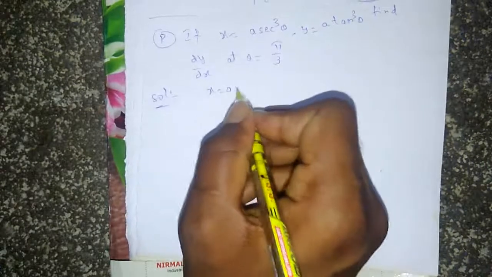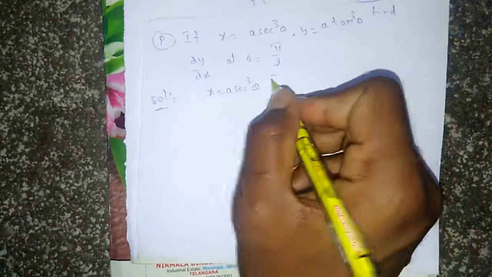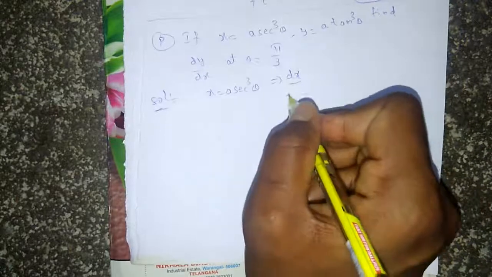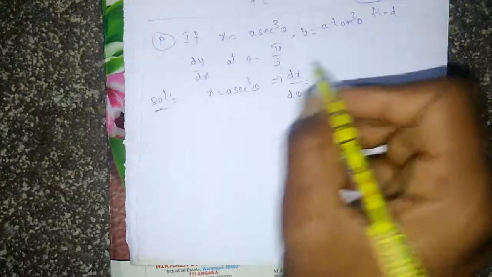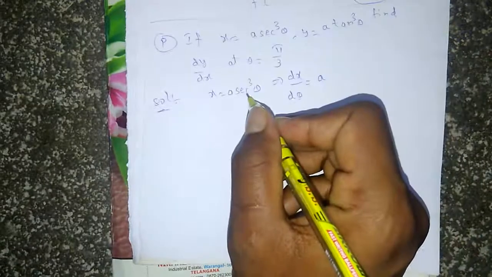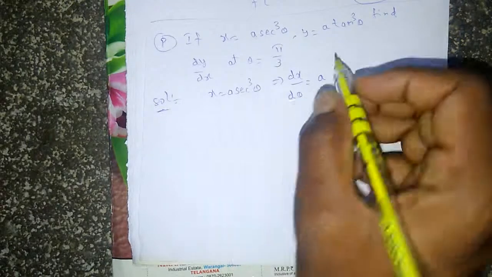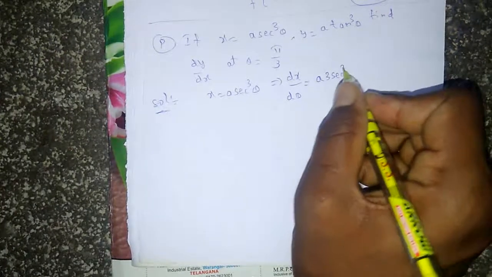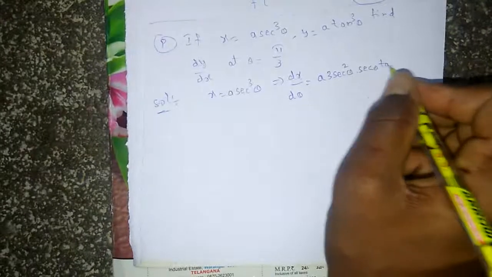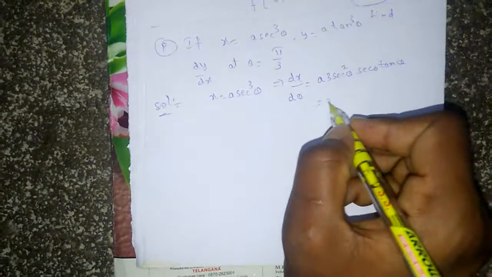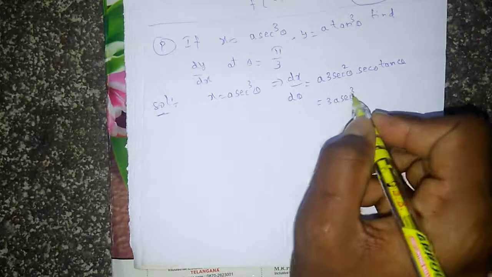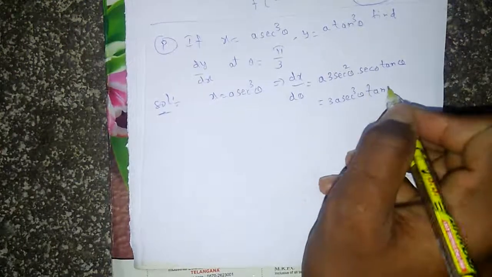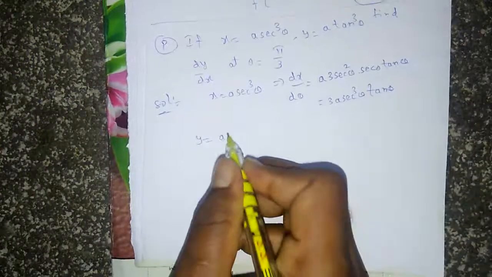Here x is equal to a sec cube theta, which implies dx by d theta, differentiation of x with respect to theta, is a into derivative of x power n, which is n into x power n minus 1. This is 3 into sec square theta into derivative of sec theta, which is sec theta into tan theta. That is equal to 3a sec cube theta into tan theta. Now y is given as a tan cube theta,